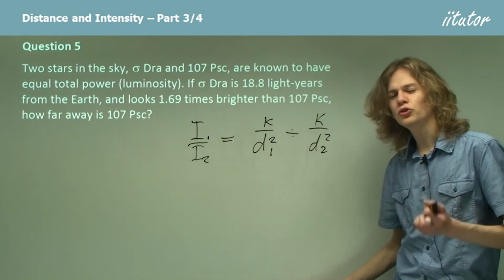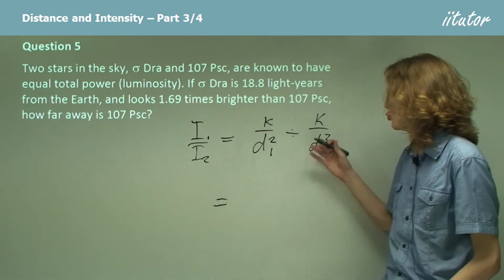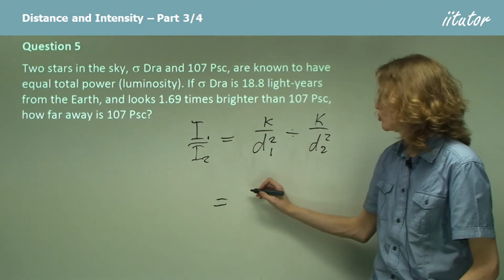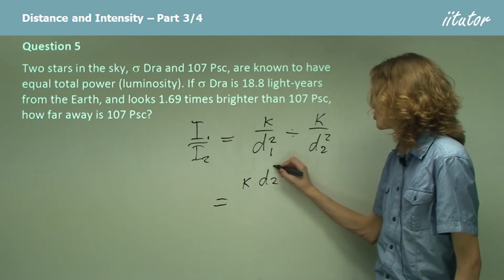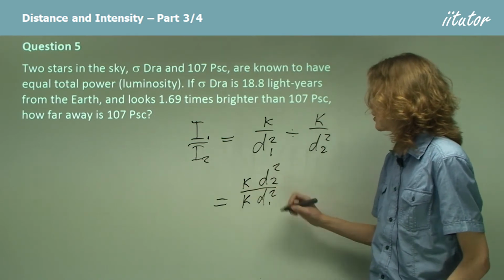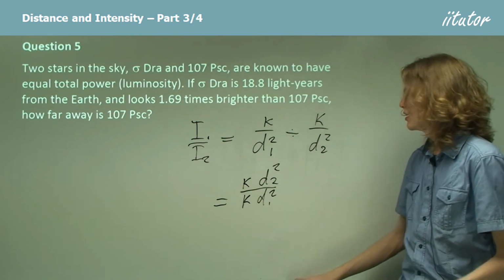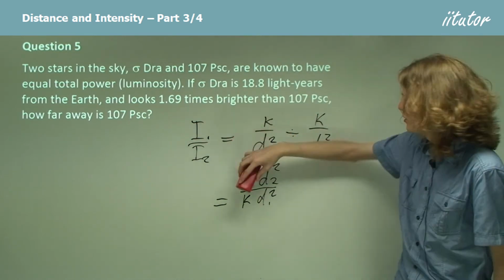We invert and multiply. So that means that this will be equal to, invert and multiply, we end up with constant times d2 squared over constant times d1 squared, which means that because these two stars have an equal total power, this constant will